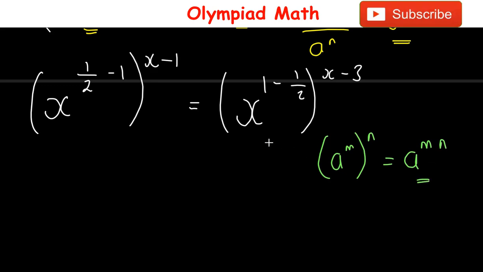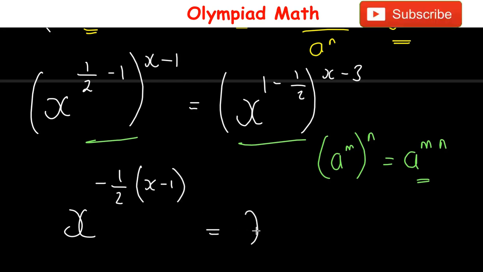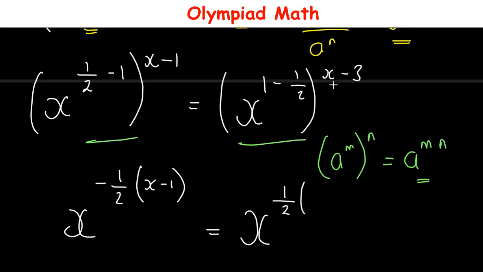Applying this rule here and here also, we have x raised to power 1 over 2 minus 1 is equal to minus 1 over 2, then multiplied by x minus 1, and this is equal to x raised to power 1 minus 1 over 2 is equal to 1 over 2, then multiplied by x minus 3,